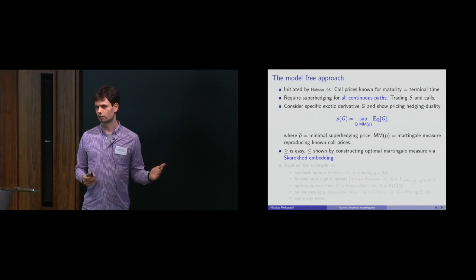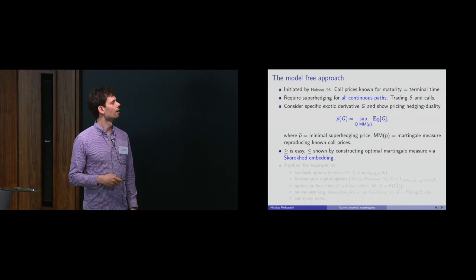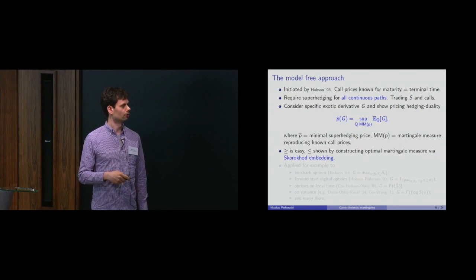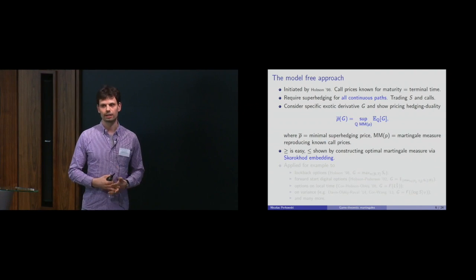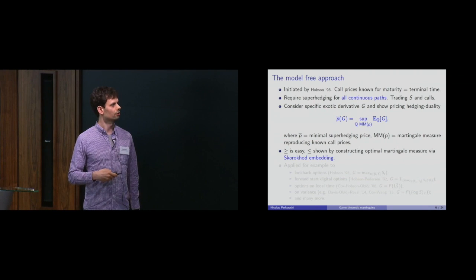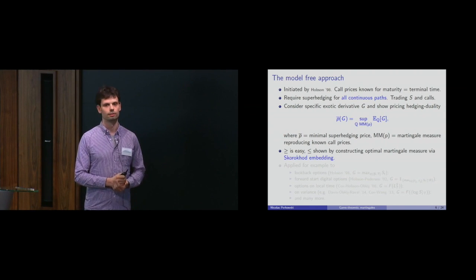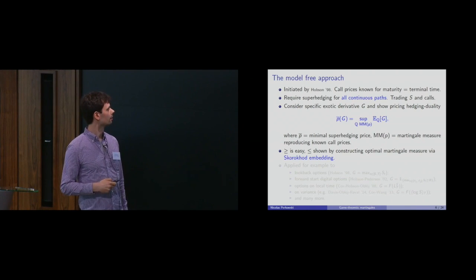And if you want to show such a duality result, as always in this stuff, one direction is easy, it's completely trivial. And this is that the superhedging price is larger than the supremum. And this one is quite tricky, and it is shown by finding one martingale measure which is optimal. So by finding actually the optimizer here. And this is done by the Skorokhod embedding problem. I'll give you an example with more details in a second.